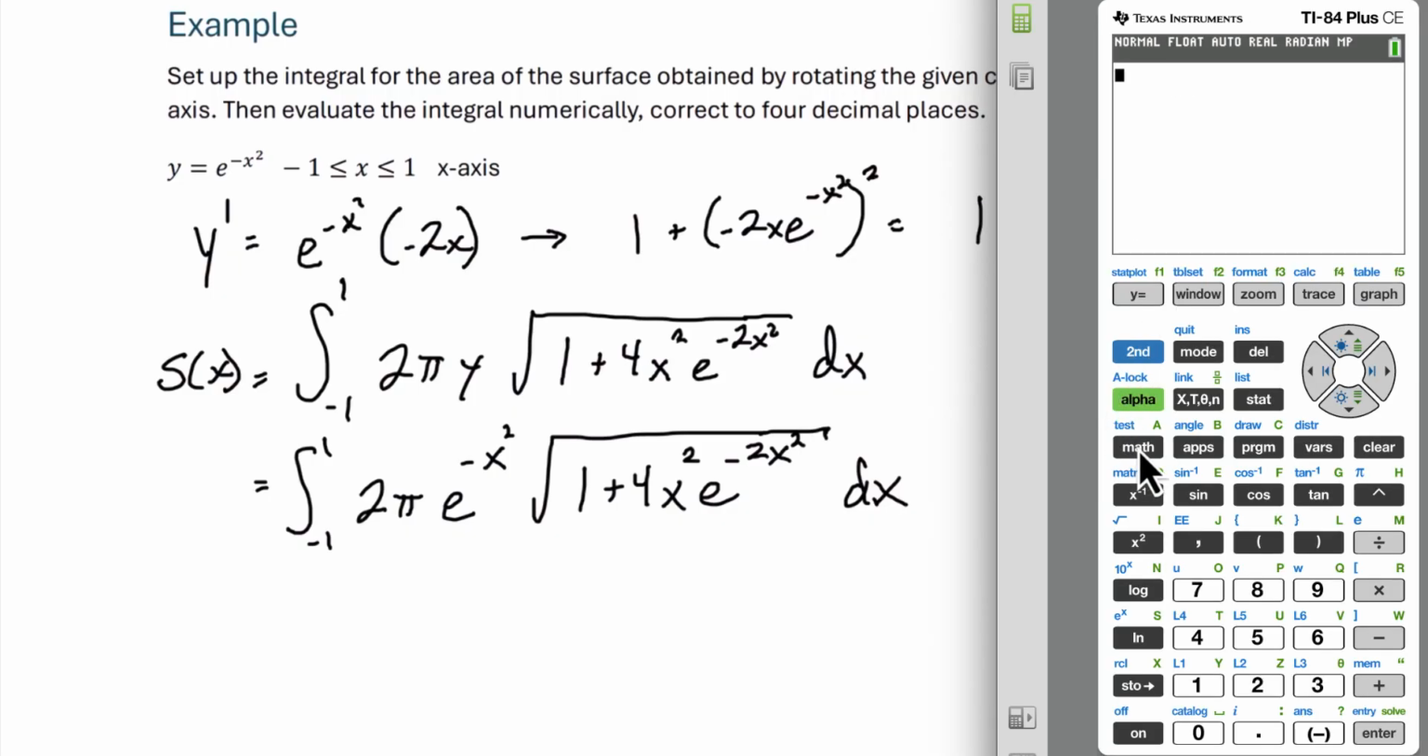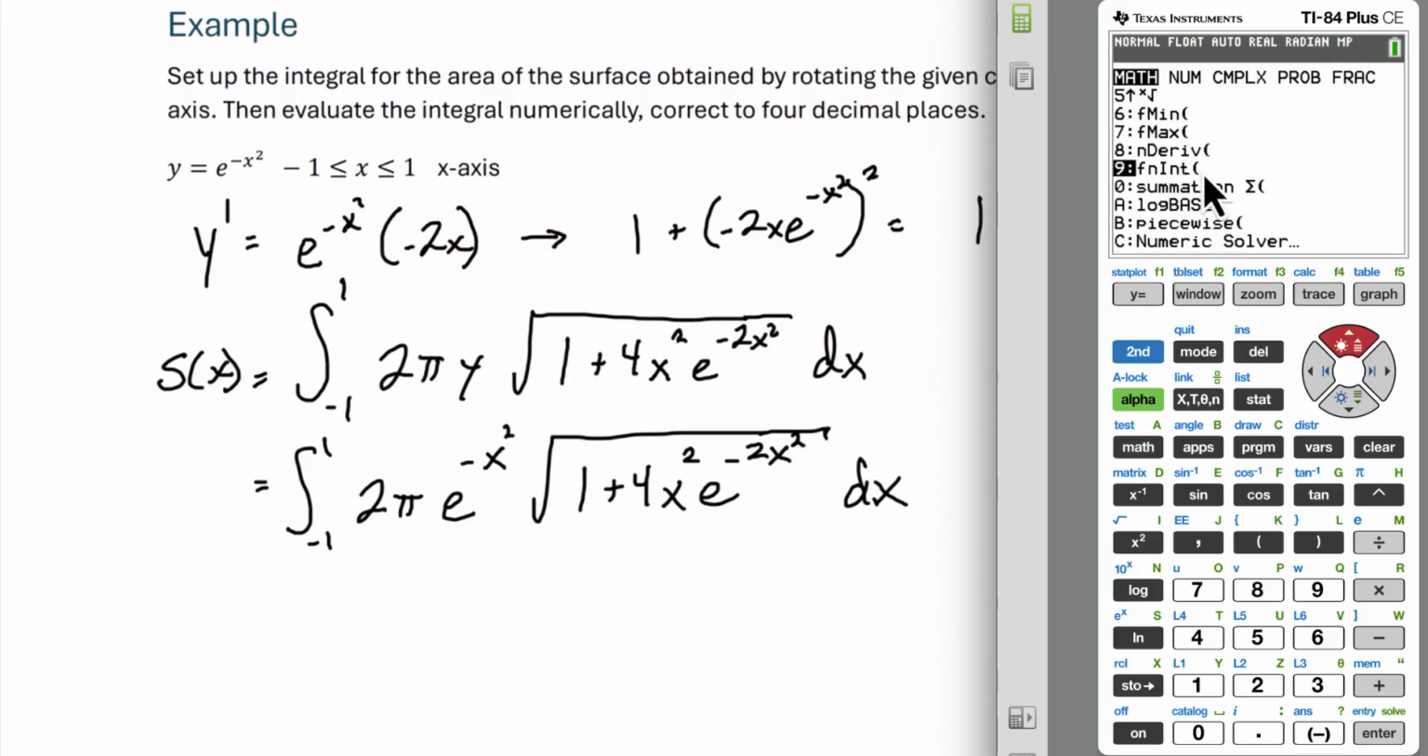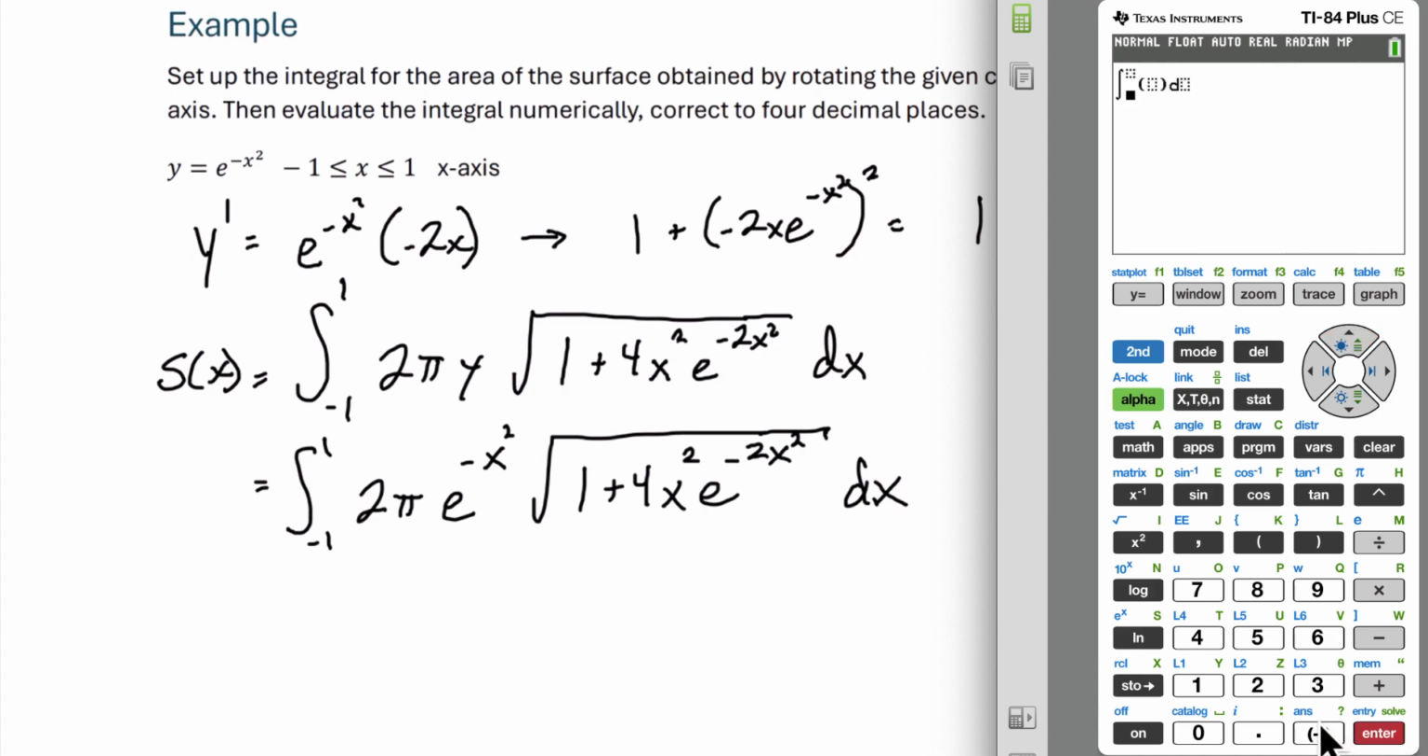To do this, we go to Math and scroll until we get to fnInt. We want to integrate the function. Lower bound is -1. Upper bound is 1. Then we'll type in the function, 2 pi e to the negative x squared